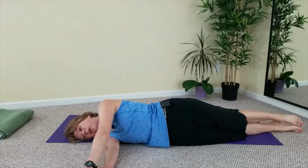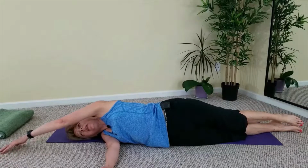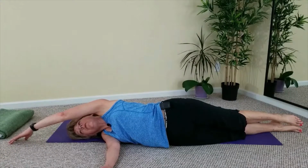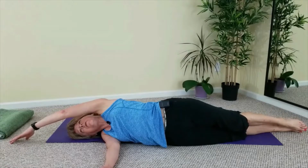So we start to trace a half circle with that top arm reaching overhead. Once it gets about overhead, we want to turn and look at the hand, and the gaze will follow the hand the whole time here. Now the core is zipped up, and from here we want to initiate the rest of the movement with the